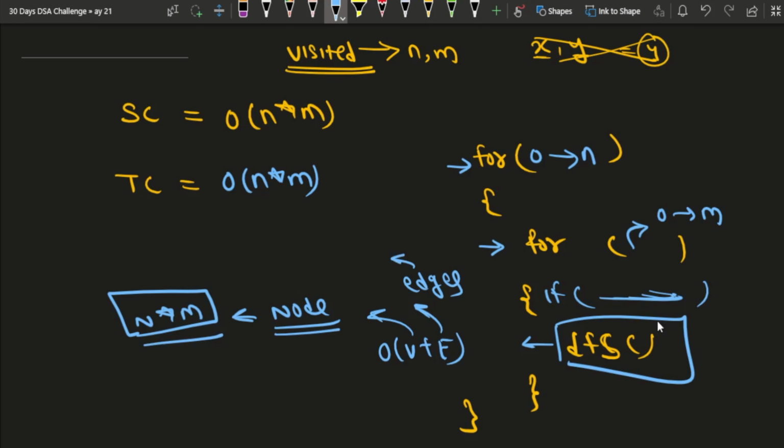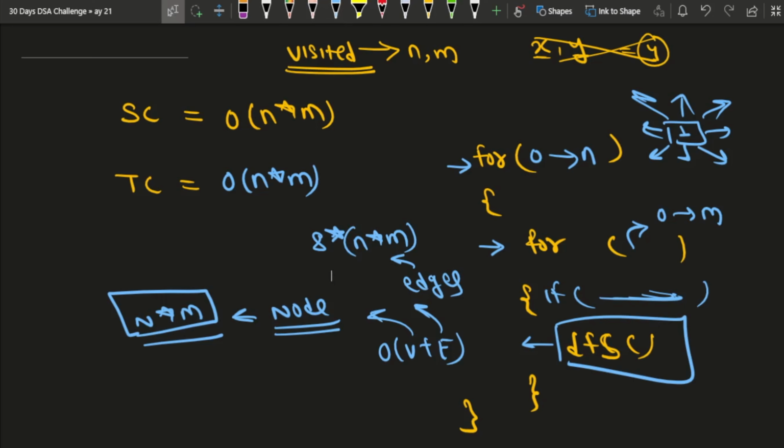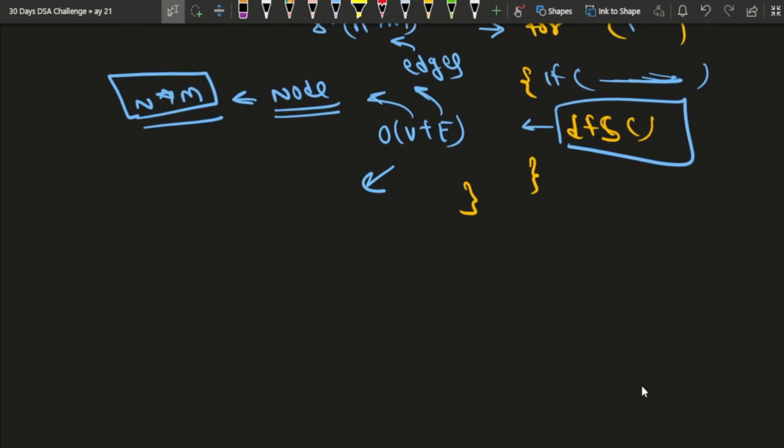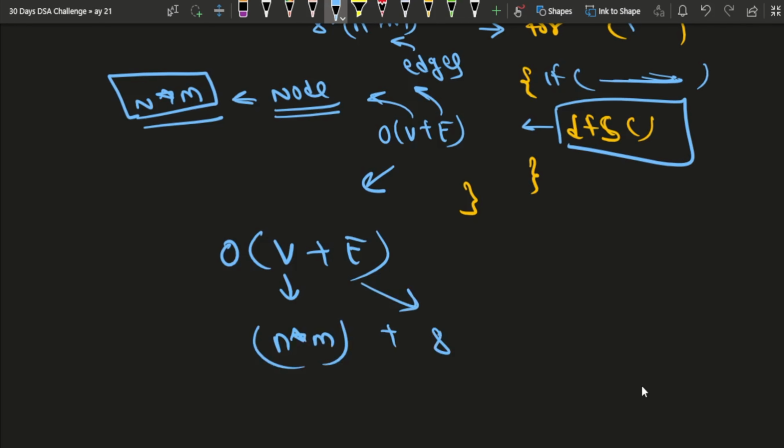And if we talk about the total number of edges, let's say that this is our node. So at max, how many edges can it have? It can have this many edges, a total of 8 edges, correct? So we can see that the number of edges will be 8 into the number of nodes. So the number of nodes is nothing but n cross m. So if I try to simplify the time complexity for this DFS, it is nothing but big O of v plus e. So the value of v is n cross m, and the value of e is 8